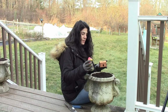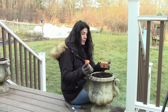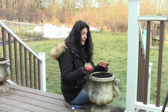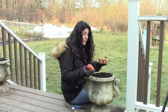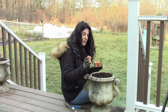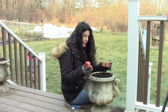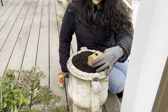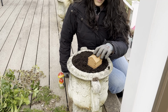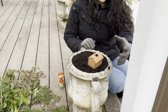So I have these two houses over here, and I'm going to choose both of them. One is going to go on this side and one on the other side. I wish I had two of this one, because I think that would have looked really cute, but this one is super cute as well. So we're going to use both of them, one for each of the containers, and I'm going to position the house in this corner over here, because I want the back of this container to be facing the corner